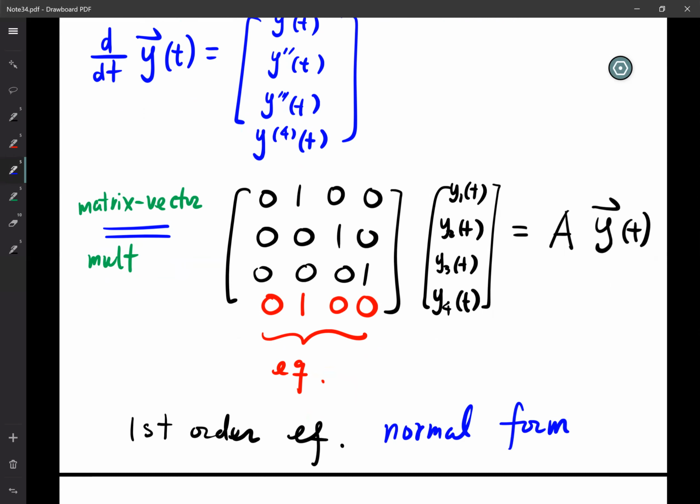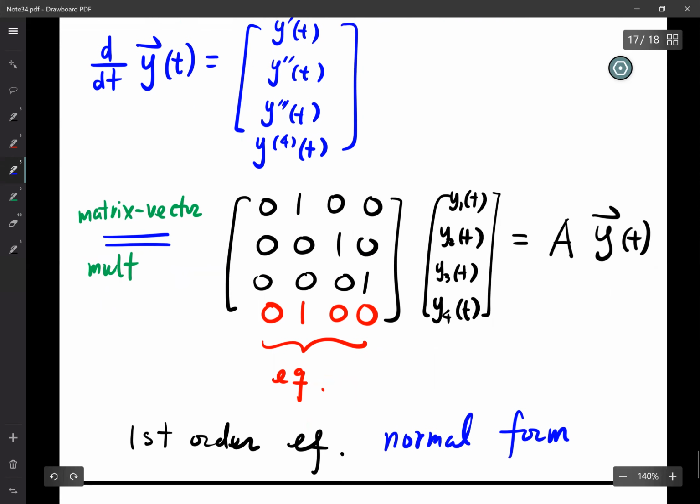You might say, how come this is normal? This is abnormal, but actually this is called the normal form. Especially on modern computers, if you want to use a computer to solve a differential equation, the first step is to convert it into this normal form. We're going to talk about this on Wednesday. Any question? Can you go over why y4 prime is